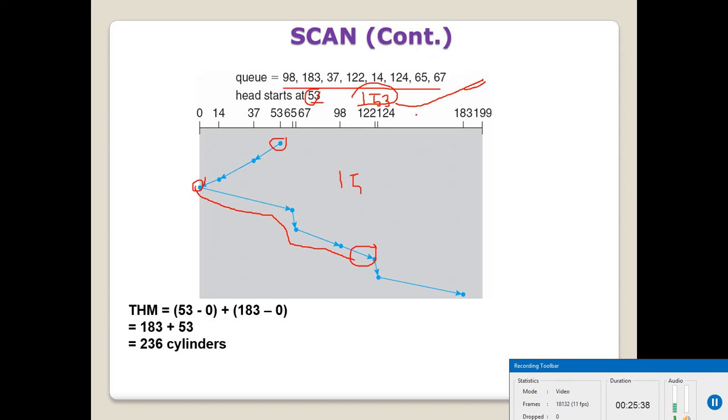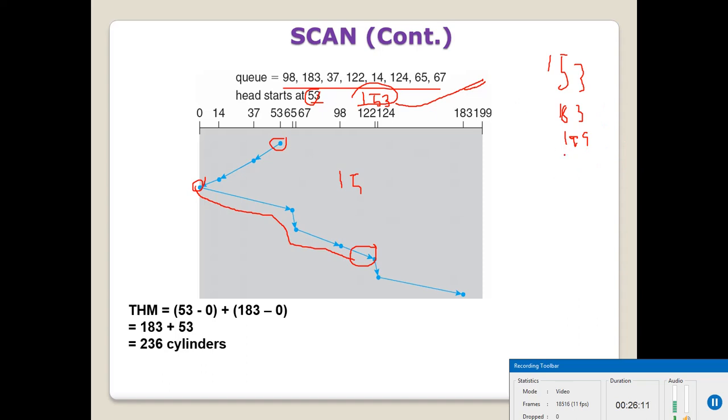So another example, if I continue with this example, if my head position is at 153, then how would it look? So it will start from 153, the present position, then it will service 183, then go to 199, then from 199 it will start going downwards.